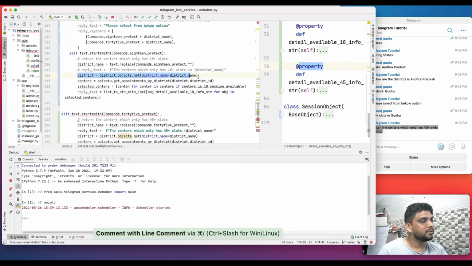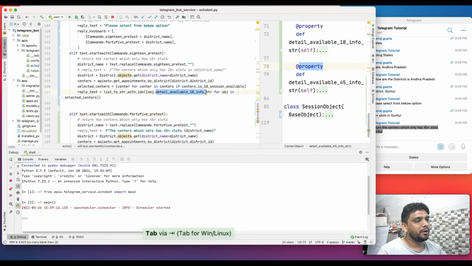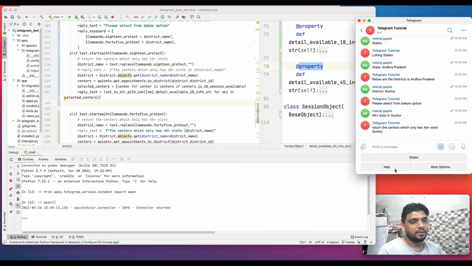I am selecting a district, then I am fetching centers by that particular district. Then I am selecting centers based on where the session is available at that moment, and based on selected centers, I am just returning the 18 plus info string for that particular selected centers. So now I should have a nice detail over here.